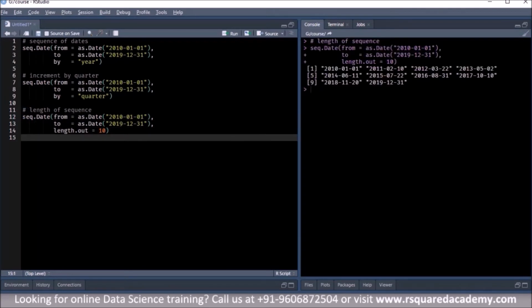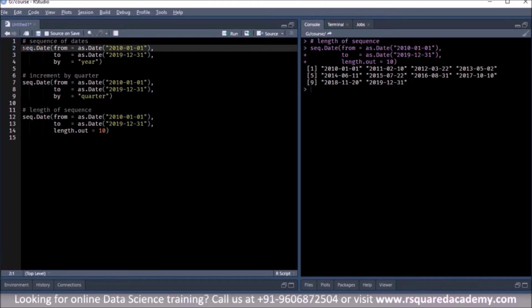So let us see how this works. So now you can see it has 1st January 2010, then 10th February 2011, 22nd March 2012, right? So now even though this has 10 dates, the dates are different, right? And it ends at 31st December 2019.